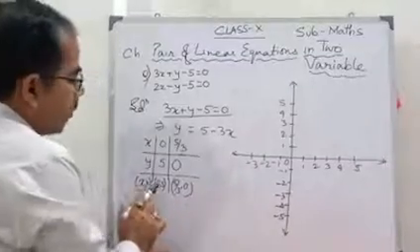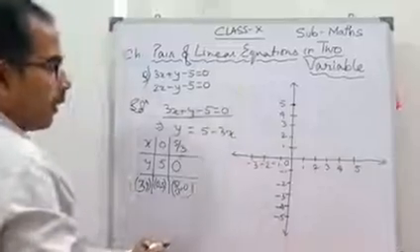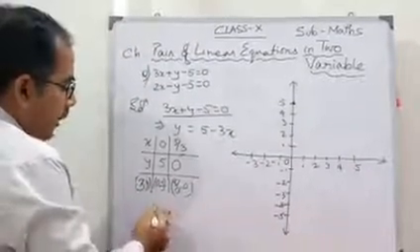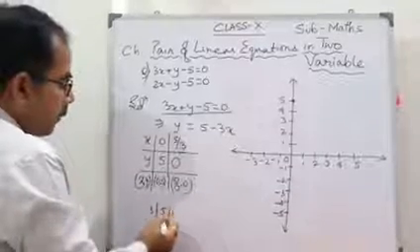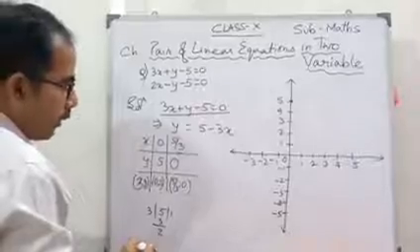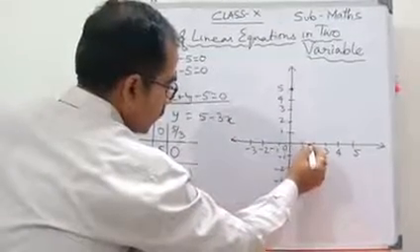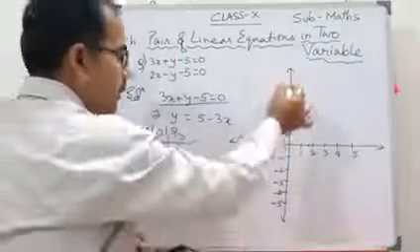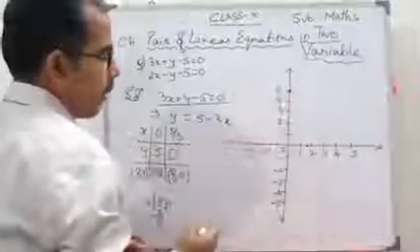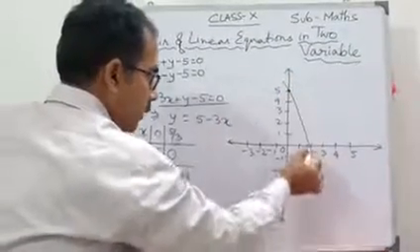Look here, 0, 5. That means this point. Yes, students? And 5 by 3. So 5 by 3 means what? If you divide 5 by 3, that means 1 and 2 by 3. Obviously it is in between 1 and 2. So that means you have got two coordinates, one over the x-axis and one over the y-axis. Now you just join these two points